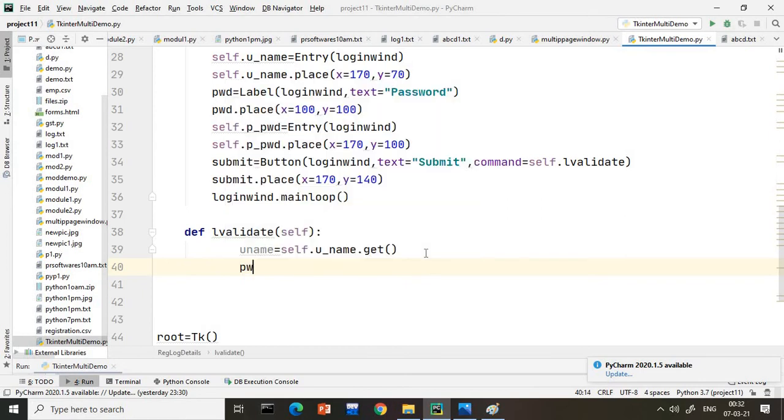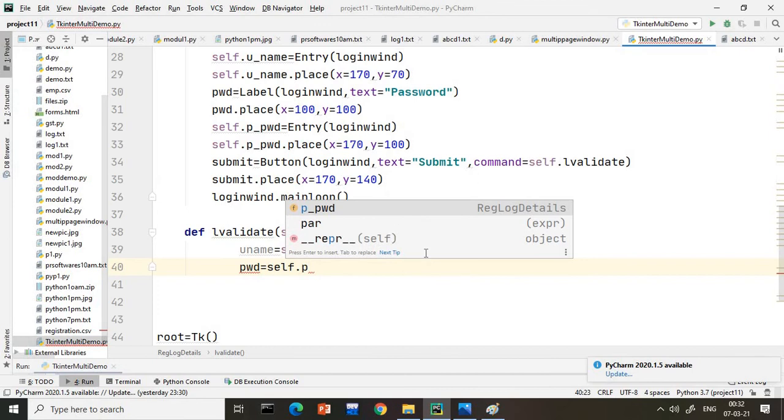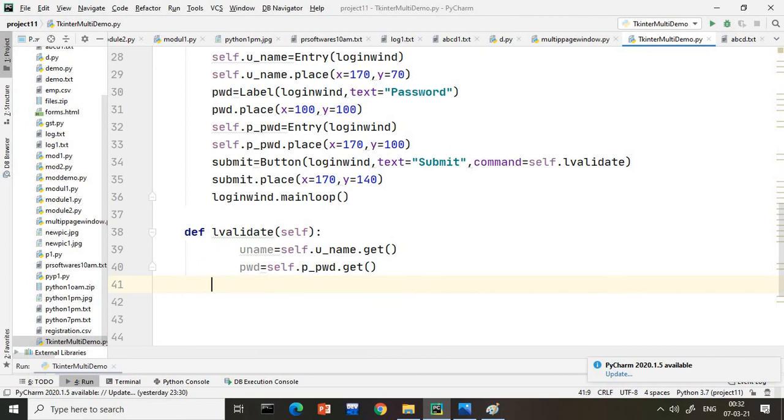After that I will create pwd equals self.pwd dot get, nothing but this data I read. Now I want to give validation. I think I explained to you about the database connectivity and the few doubts you people were having. I solved that one, but still here I am giving you the connectivity only without the database. So those who are very new to application development, for them it will be very easy.